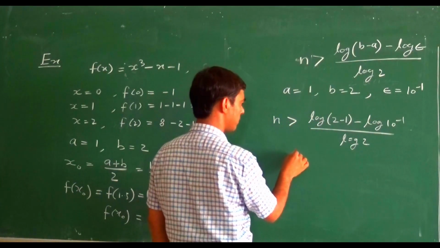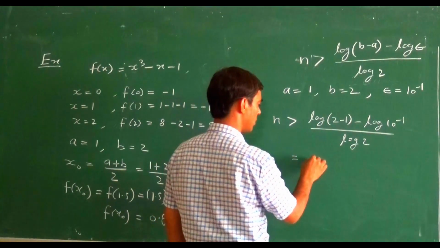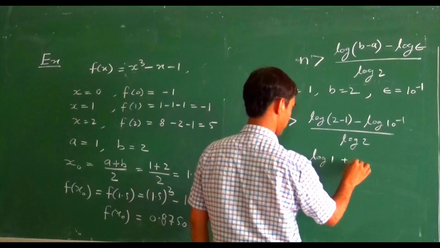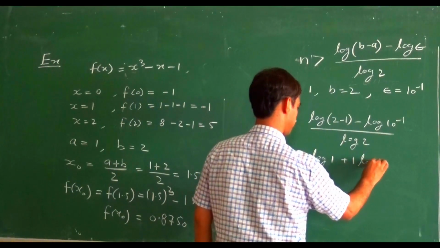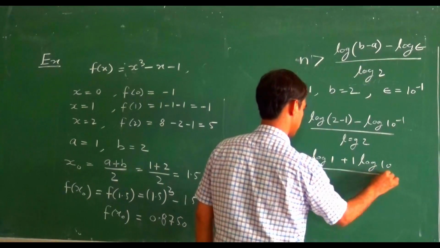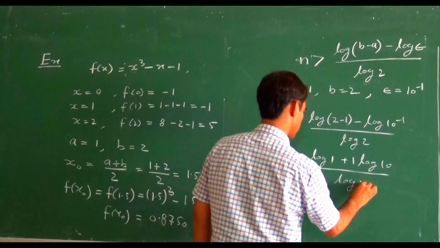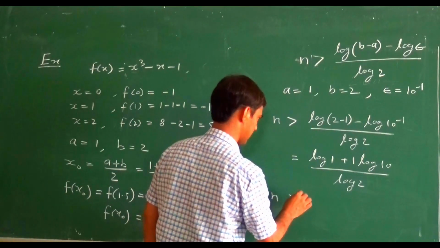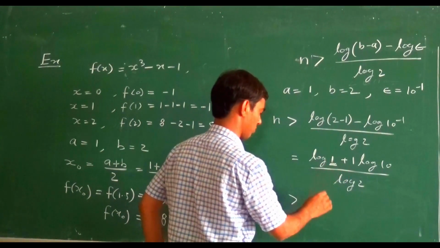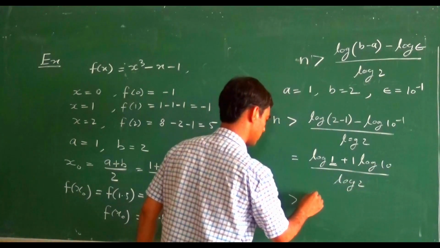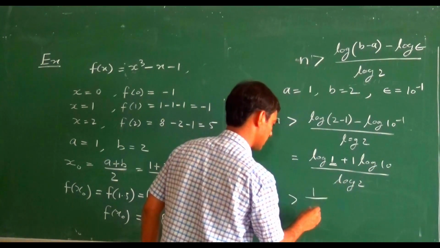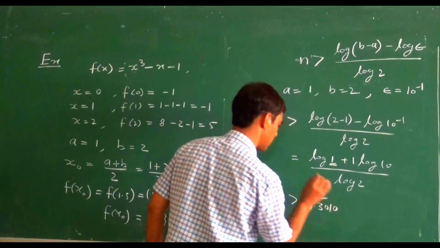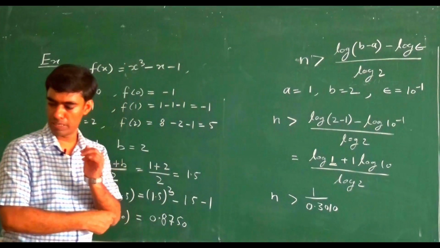So this is equal to log 1 minus, this becomes plus 1 log 10 divided by log 2. If we write the values here, then n must be greater than, the value of log 1 becomes 0, the value of log 10 is 1. So this becomes 1 upon the value of log 2, which is 0.3010. So if we simplify this one,